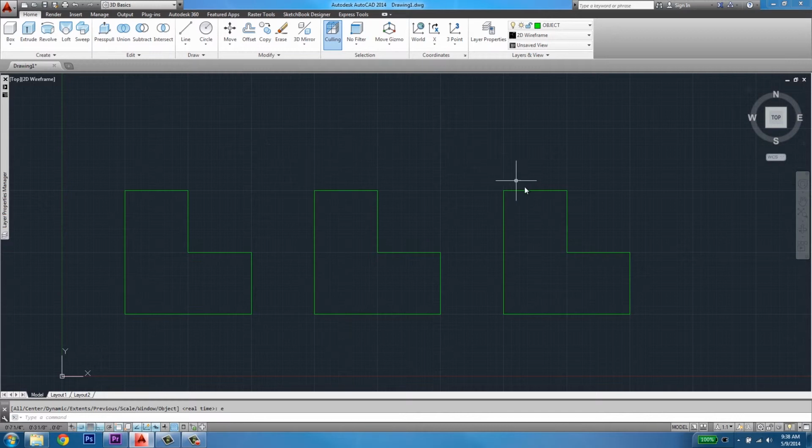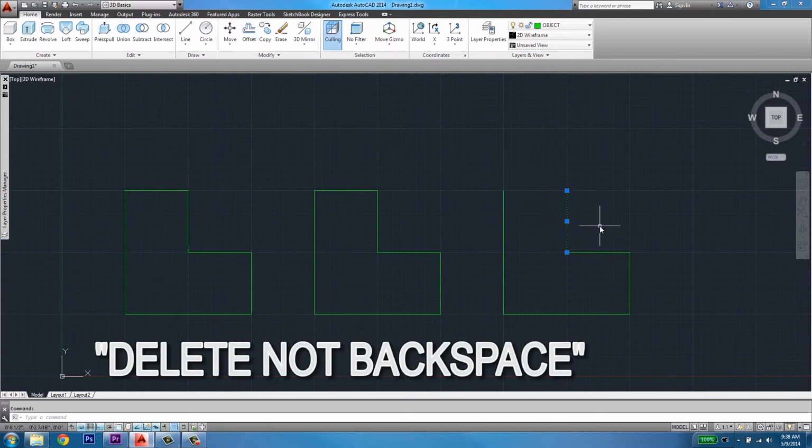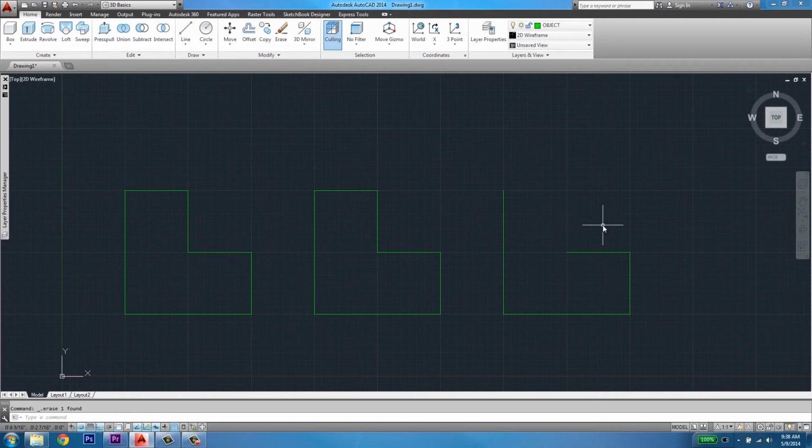If you've made a mistake, you can either erase the object by clicking on the Erase button in the Modify toolset, or you can select the object with your mouse and then press Delete on your keyboard. There are 3 different ways of selecting with your mouse. You can either click on each individual entity one at a time,